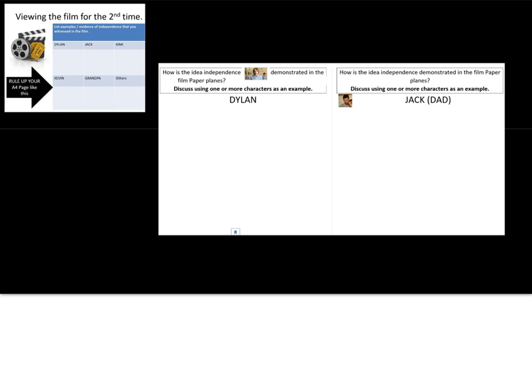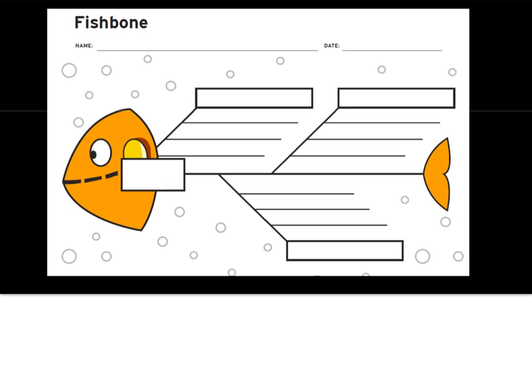Then as a class, we've taken these ideas that we had here on this sheet, and in groups we have brainstormed and created a combined list with all the ideas of all the students in the class, so that we have a wealth of evidence and examples from the film to draw upon when writing our essay and planning our essay. The next thing is to then select